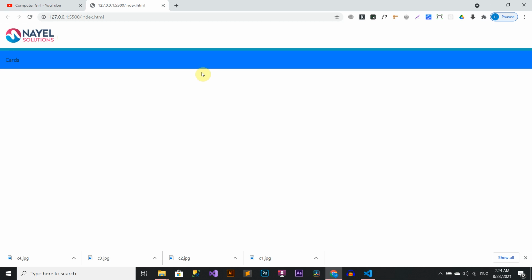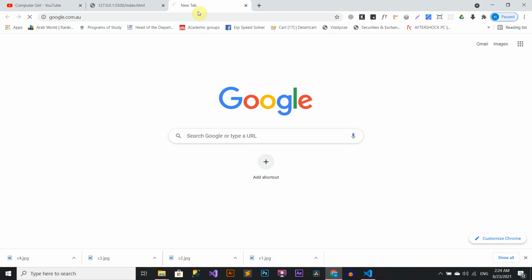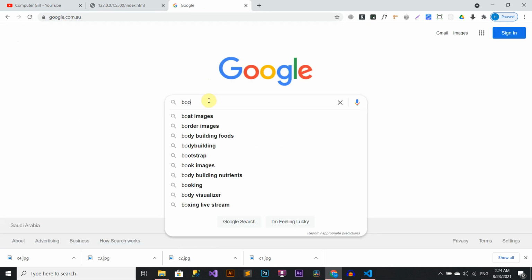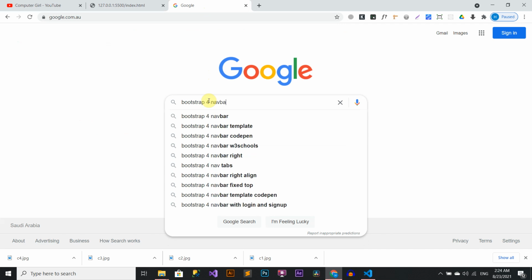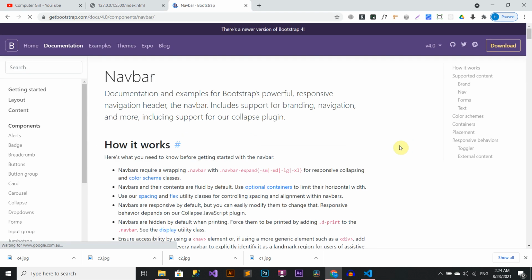Now I will bring the Bootstrap navbar menu. I will search Bootstrap navbar. I can go to this link.